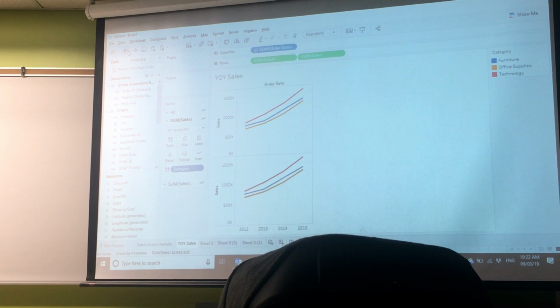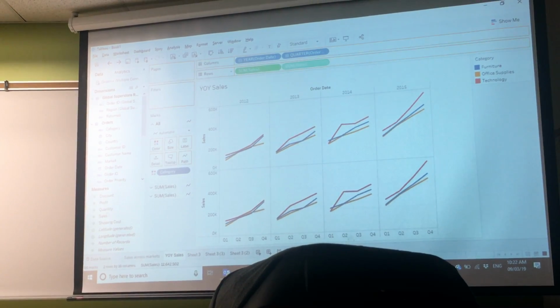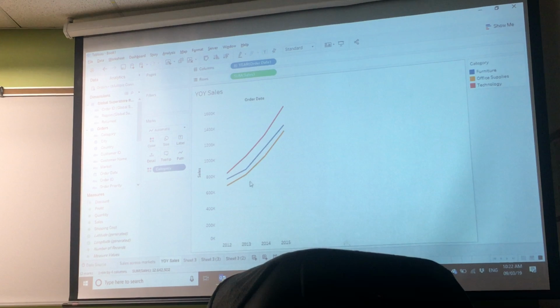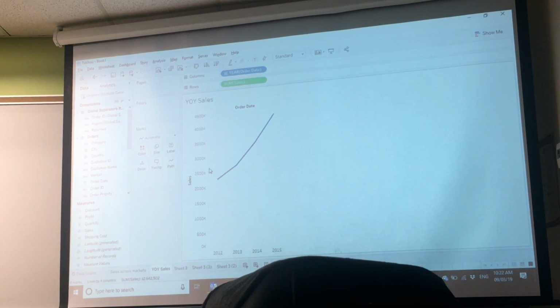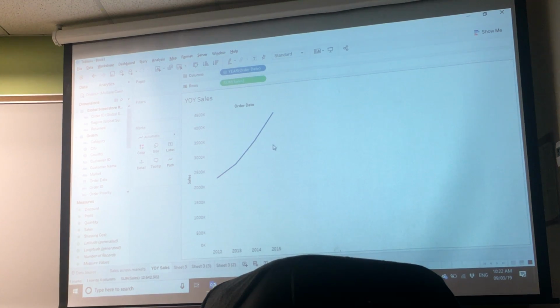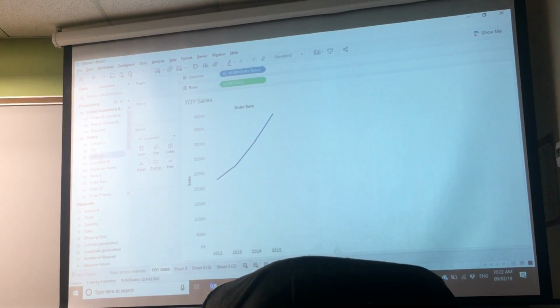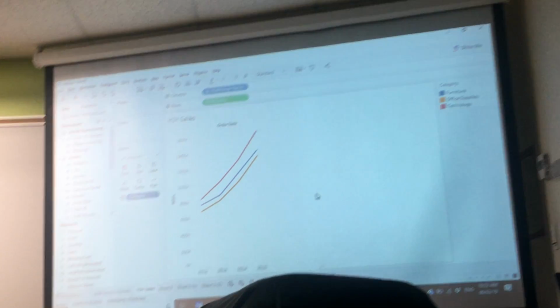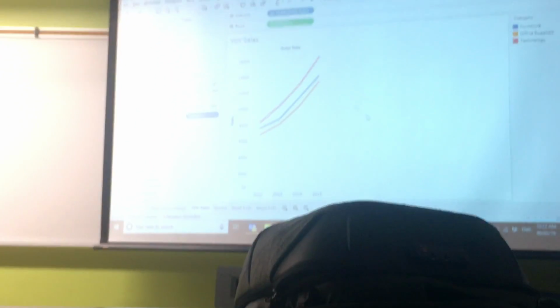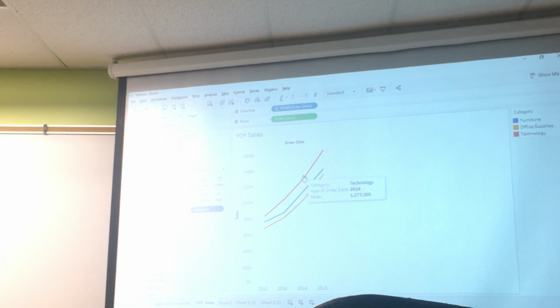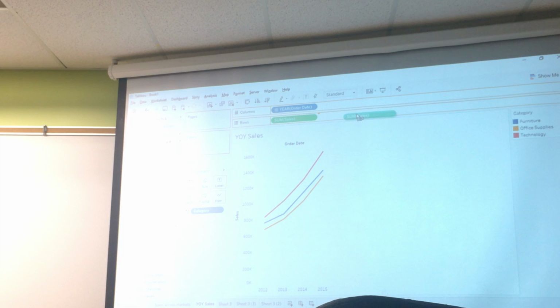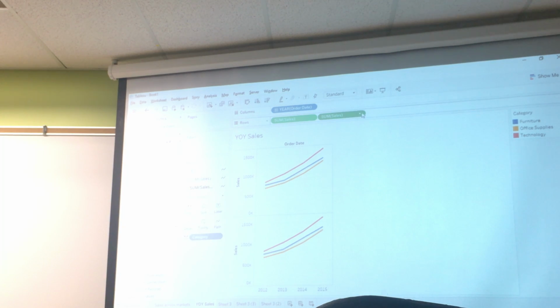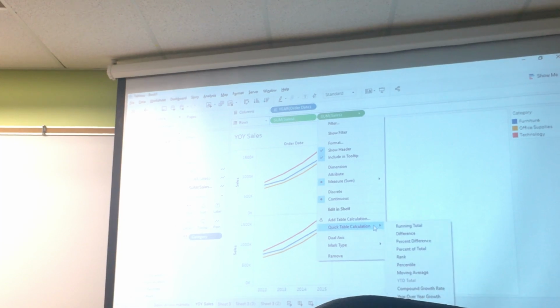So I'm just going back to my sales data again. As I said, here I have divided them into different categories. Now this is my basic sales data. Now if I want to compare two different ways of representing this data, this one essentially shows you year-on-year sales, YOY sales. Now I want to add another sales figure to it. So here I am trying to do the average, or